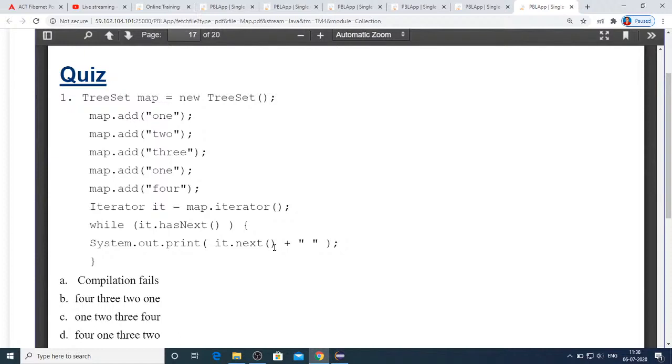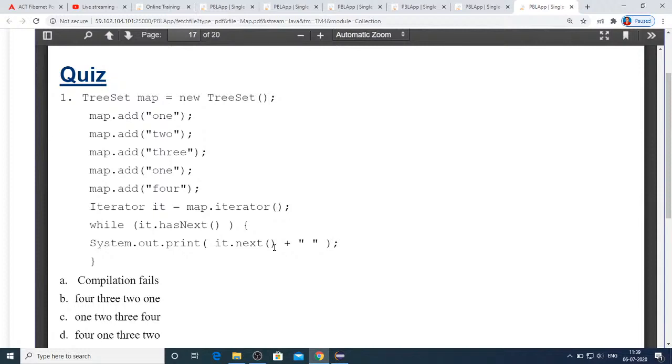And we know that in tree set no duplicates are allowed. I have shown you. And will it return error? No. It will not return error. Only one item will be kept. When two of them are inserted with the same value, only one of them will be kept. So when it returns also, it will return only one.